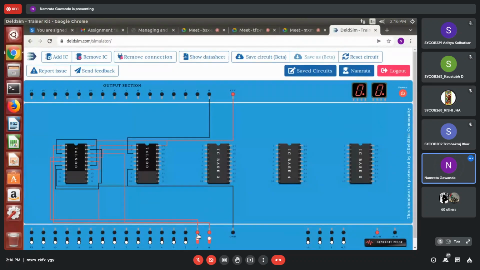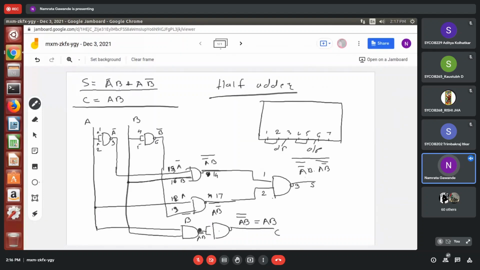So A goes to pin number 4, then B will be connected to pin number 5, right? After that, what is the output? It is nothing but the output of this. So this is 4, this is 5, and this is 6, right? After that, this 6 is again going to the two inputs of another NAND gate.